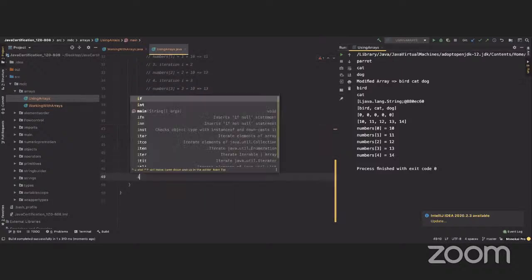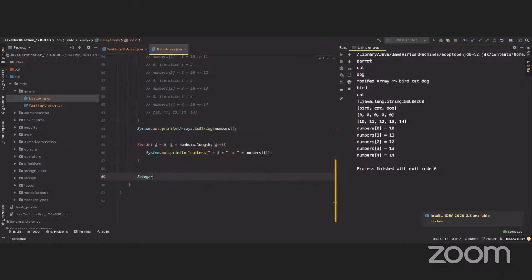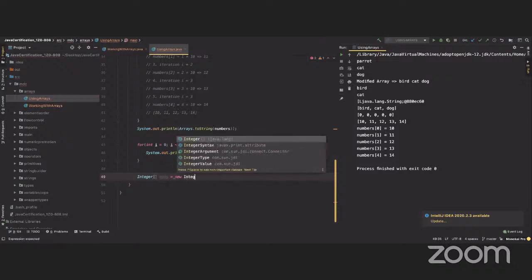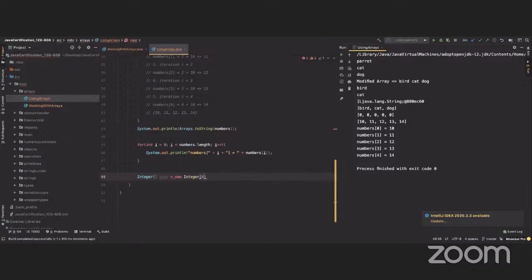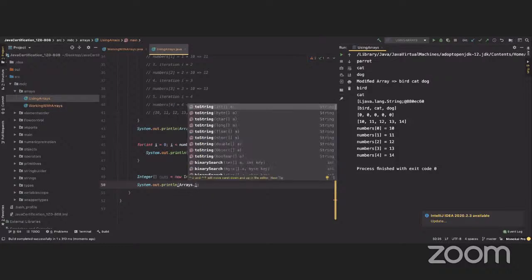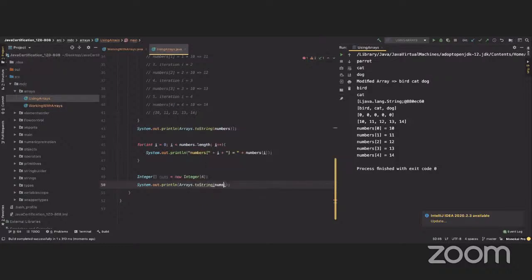So let's create another array, and this is going to be with the wrapper class. Nums equals new Integer, and then 4. So sysout Arrays.toString(nums). Let's see what we get. Interesting, null, null, null. Remember when we saw initialization for the Integer wrapper class, that it was null? So this is a good way to see